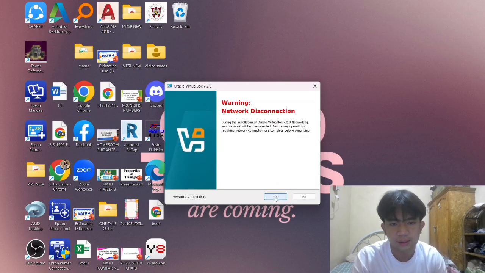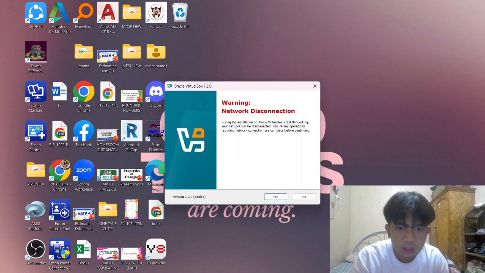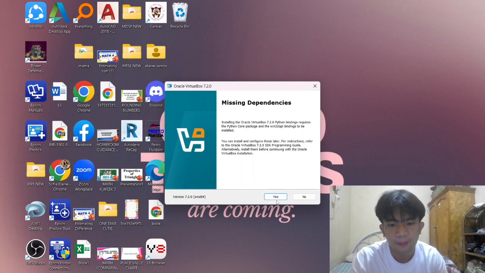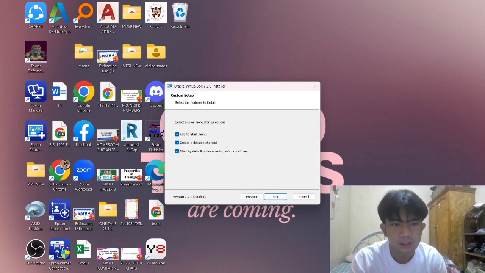So next. So there's a warning that upon installation of this VirtualBox, you will be disconnected from your network, and that's okay. So click yes. Then missing dependencies, yes.